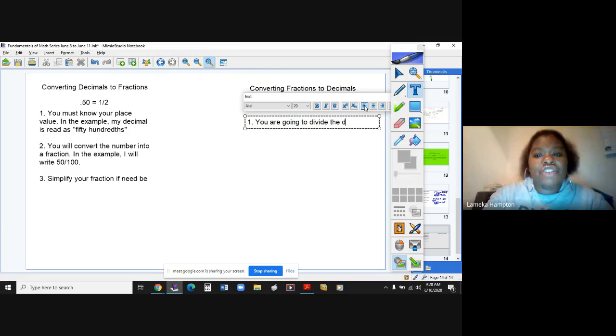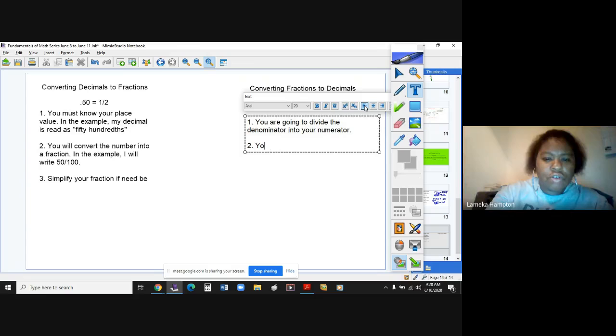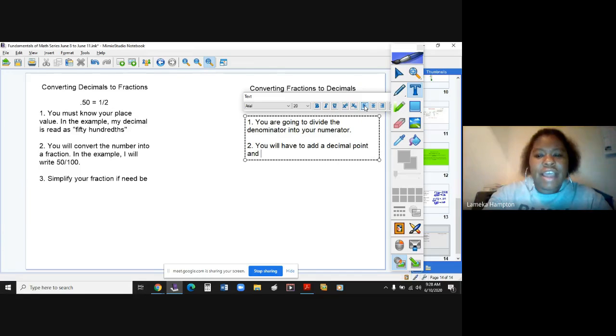You're going to divide your denominator, which is the bottom number, into your numerator, which is your top number. Step 2: you will have to add a decimal point, rather, and a 0